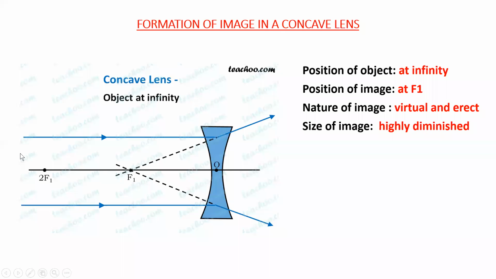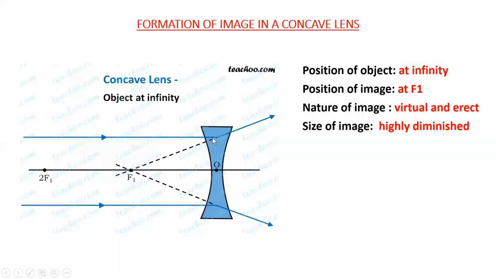And in the last class I told you, when the object is at infinity, the rays of light coming from that object can be considered parallel. We take them as parallel because the object is far away, so the incident rays coming from far away, we consider them as parallel. So you will see that when the object is kept at infinity, two parallel incident rays are coming from the object located at infinity and falling on the lens.